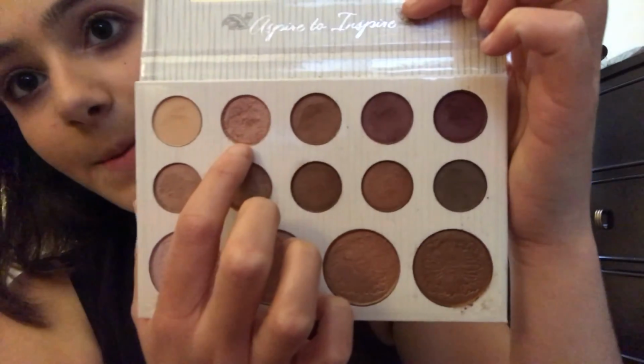First row, second color. And I really like how this look turned out. I really like the colors. I've actually done this look before, but today I did the lash. And I actually really like the way this turned out. And so